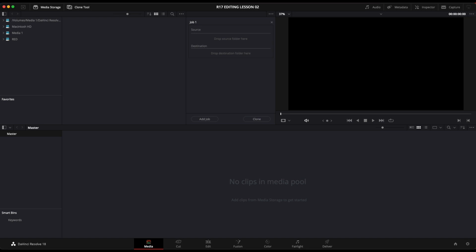And then the destination is where do you want to clone that source file? Which destination do you want to drop it to? And this is very, very important because basically what you're saying is you take each item here that you want to clone or back up is the job, in this case being job 1. Now you can add as many jobs as you like, and then we create those clones with all the contents